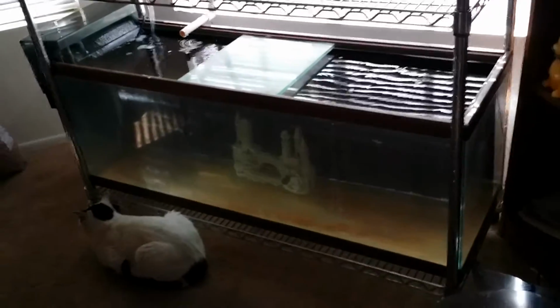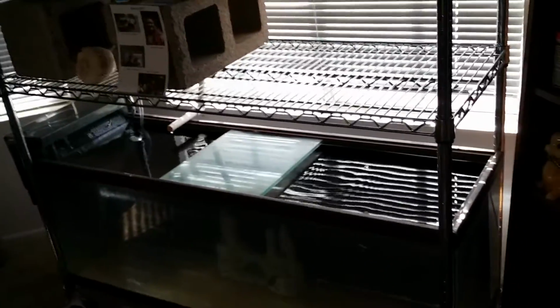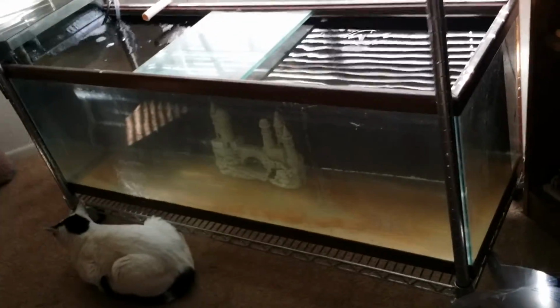But for this one, I've got this 60-gallon tank that a buddy of mine gave me. Actually, he gave me this 10-gallon one at the same time, so that was about 10 years ago. This one I never set up because I wasn't sure how long I was going to be living at this place, but heads up, I've been here over 6 years now. Should have set it up. But when I started piecing everything together, I got this rack system,